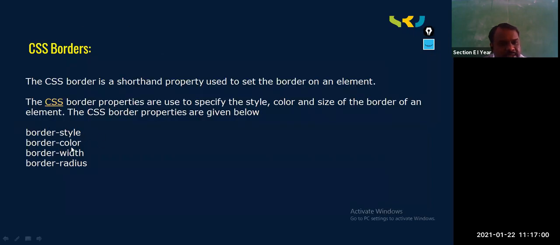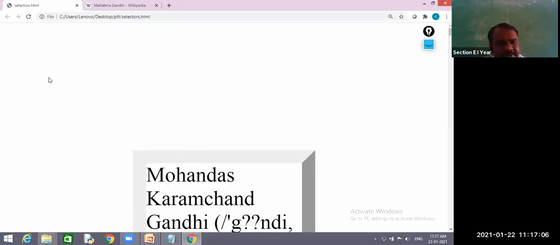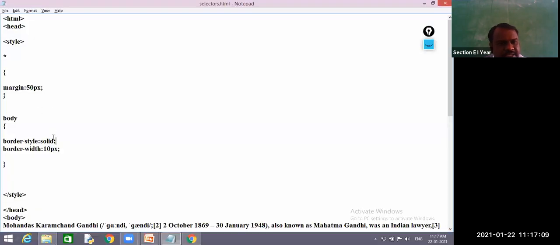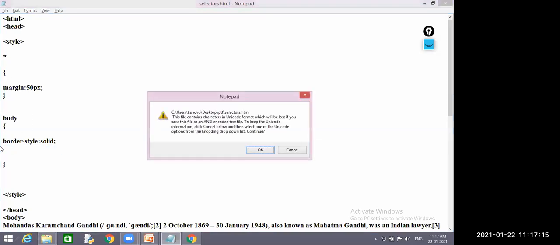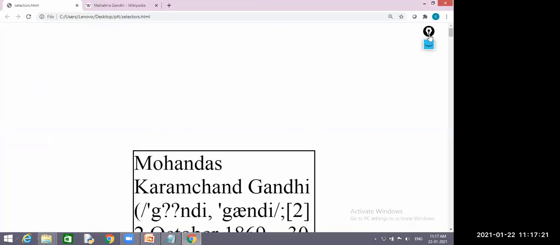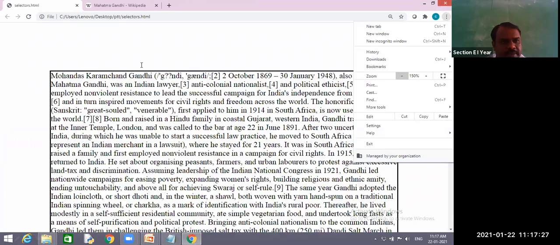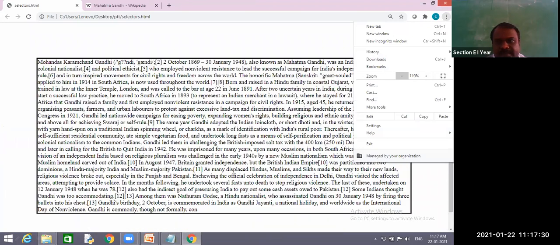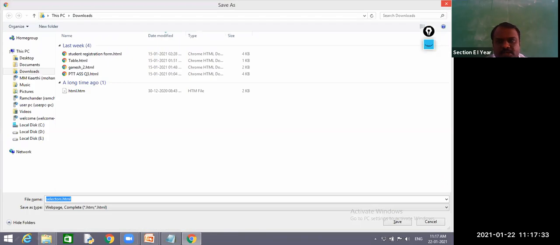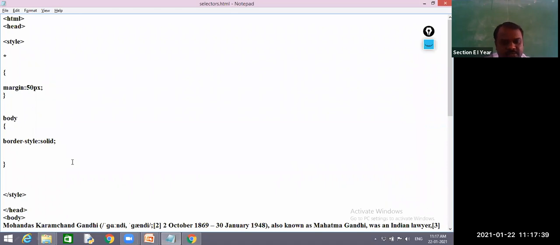Next, yes sir, I want to change the color. By default, which color is displayed? See, the general thing is solid. What is the default color of this border? Black color. So I will zoom out this one. Yes, by default it has displayed with black color. Now I want to change this color to red color. So for that we have another property, that is border color.